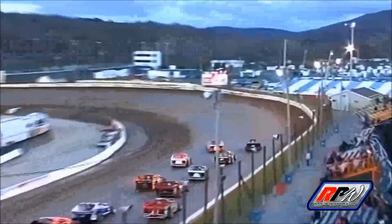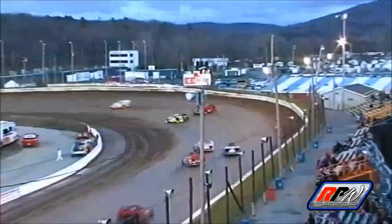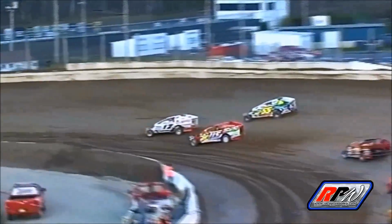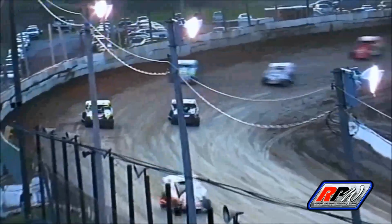Off of the restart as they drag race down into turn number 1 and 2, Demetrius Drelos would make the pass for the race lead in the east end as they go up off the corner. Lavoie holding on to the number 2 spot strong as J.R. Hefner right on her back bumper. And you know J.R. Hefner with a lot of laps around this Valley Oval would work to the inside. And now Kenny Tremont working to the inside of Brett Haas looking to crack the top 5 here in the early going. Hefner would slide to the inside of the 5 of Lavoie and take the number 2 spot away